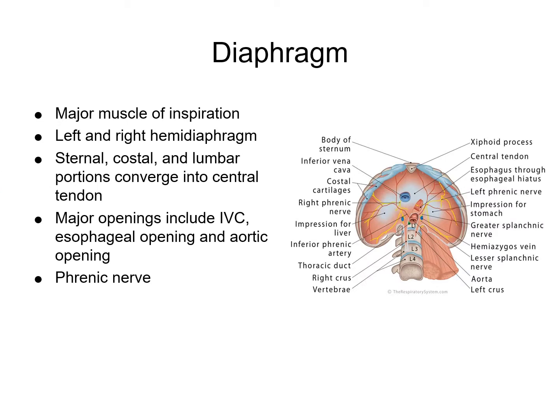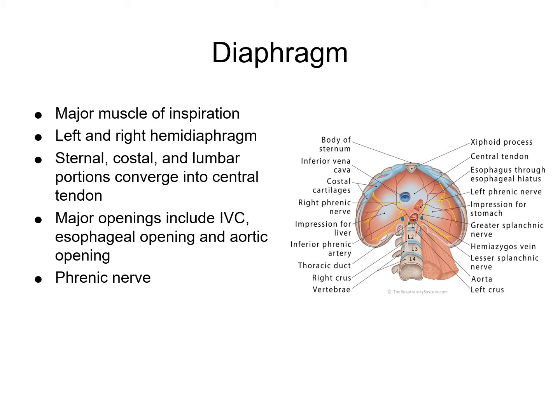The diaphragm is the major muscle of inspiration. It's actually a musculocutaneous dome that forms the floor of the thorax and separates the thoracic and abdominal cavities. So you can divide the diaphragm into the right and left hemidiaphragms. The right hemidiaphragm is protected by the liver and is actually stronger than the left hemidiaphragm. So the left hemidiaphragm is often subject to rupture and hernia, usually because of its weaknesses at the points of